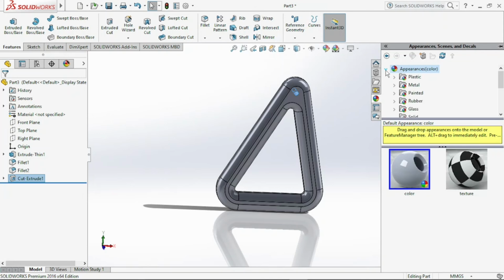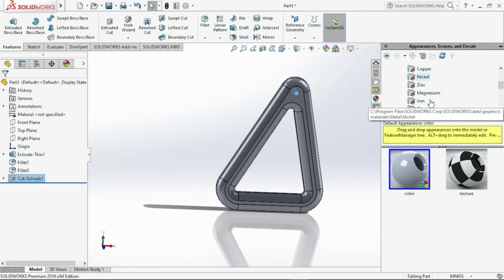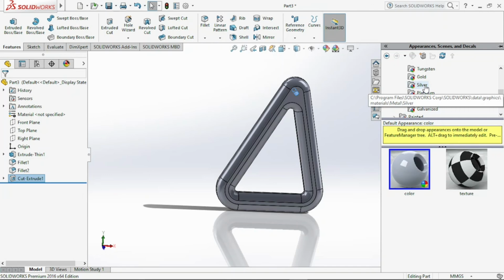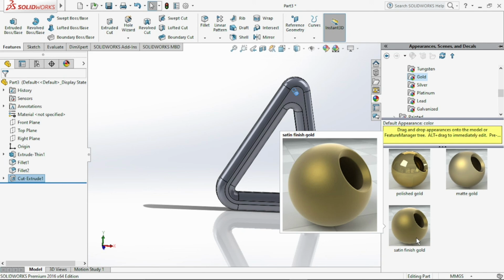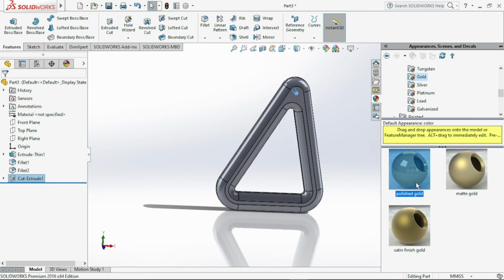Click on metal, and go to gold or any other metal. If you are going for silver, you can go for silver as well. I am planning to go for gold over here, and you have three options of gold: polished gold, matte gold, and satin finish gold. I am going to go with this polished gold.